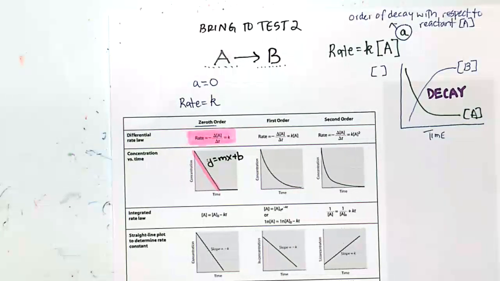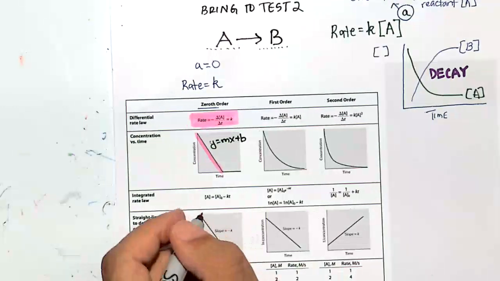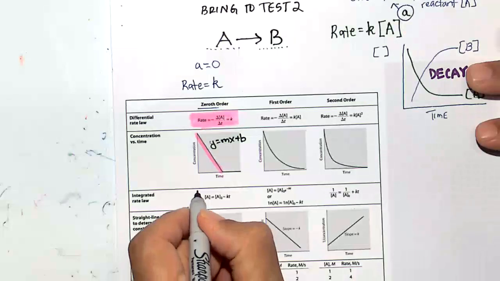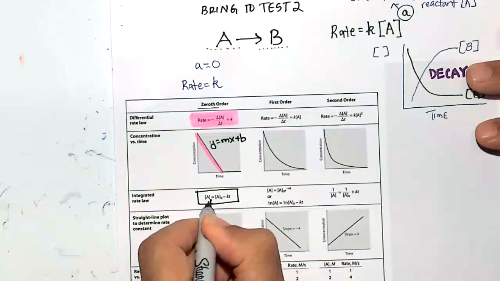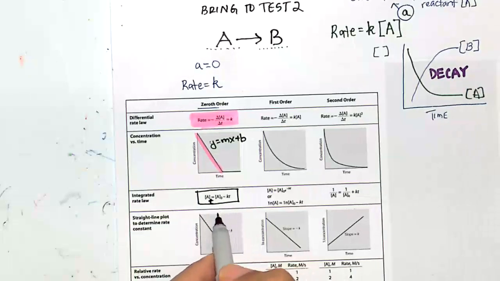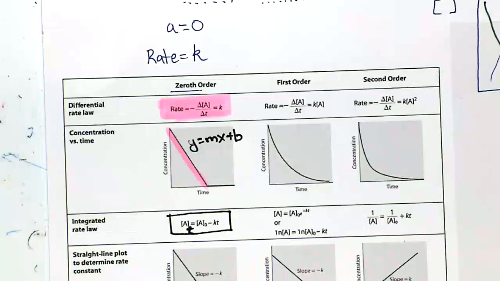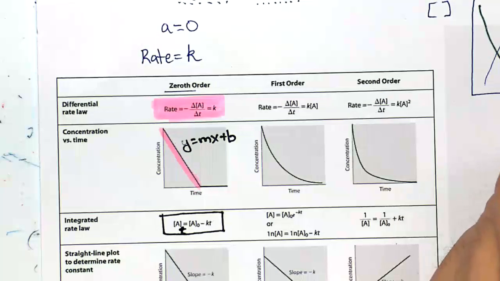Okay, so we can analyze this really nicely because it's a straight line. Y equals mx plus b. So this is the equation. This is what you need to know, but you can bring this to the exam. The concentration of A at some time t is going to equal the initial concentration A naught minus kt. All right? So for zero order,